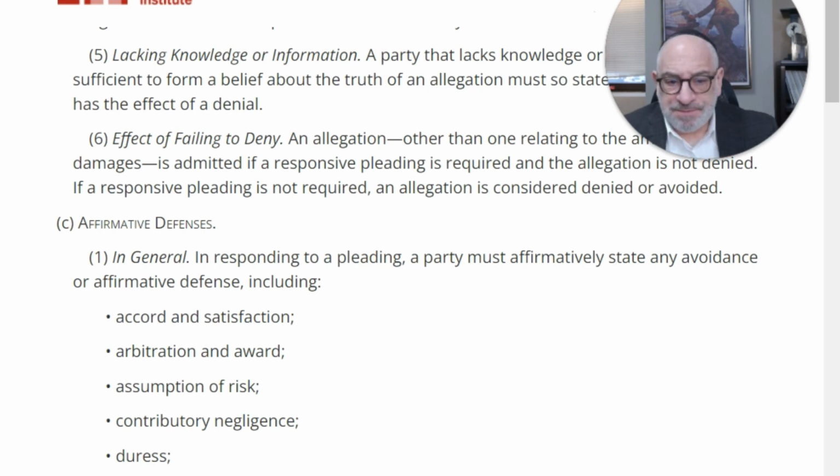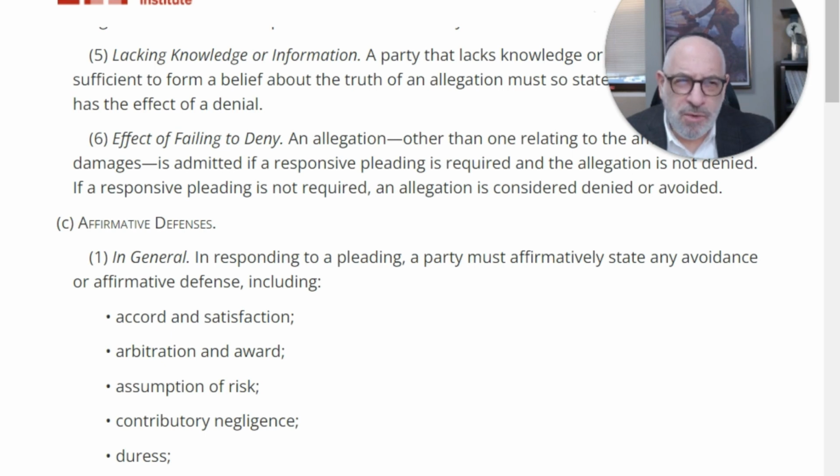In the complaint, there's a narrative about what you did wrong, according to the plaintiff. You don't, in your answer, really get the opportunity to respond with a narrative unless you file a counterclaim. And we're not going to talk about that today. We're going to talk about that in the next lesson. But you are required to plead these affirmative defenses.